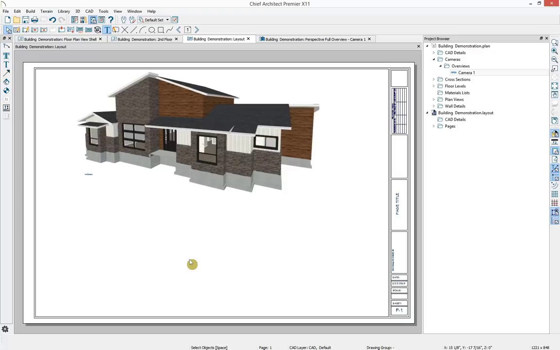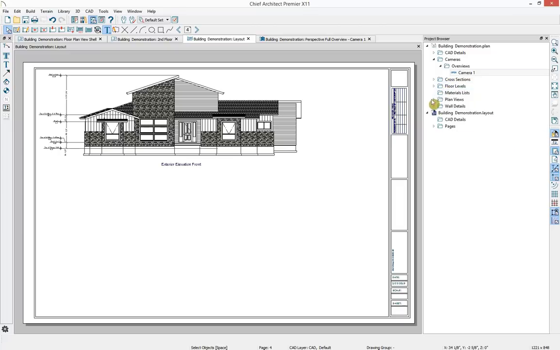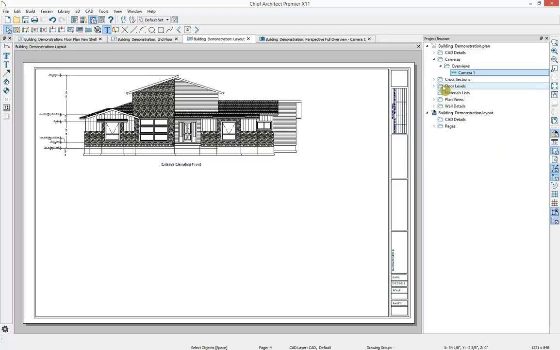So you can see how easy it is to take various views of the house as you're building it in the software, so it's all ready to go by the time you're ready to create your construction documents. So in just a few minutes here, we were able to send views on 4 different pages, and they're scaled and ready to print. So tools like our saved plan views, which have particular corresponding layer sets, so the correct layers are turned on, being able to save cross sections and camera views, and our CAD detail page,